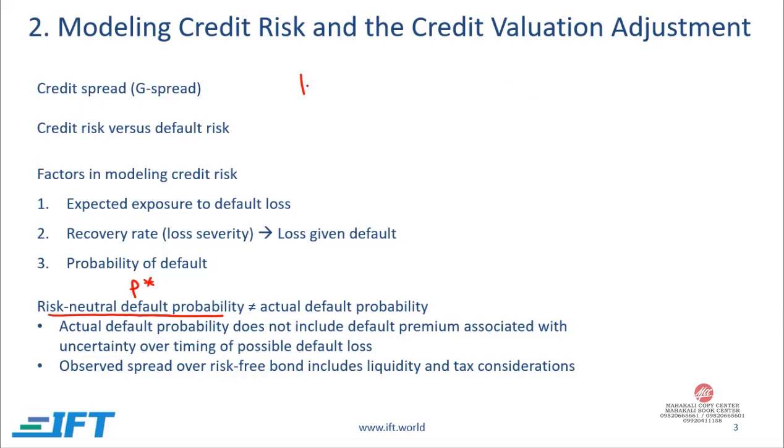So let's go back to the same simple bond where we have time 0, time 1, and the cash flow at the end of year 1 is 104 if there is no default. And if there is a default, then the cash flow will be 41.6. So what is the expected value at the end of year 1? That expected value will be